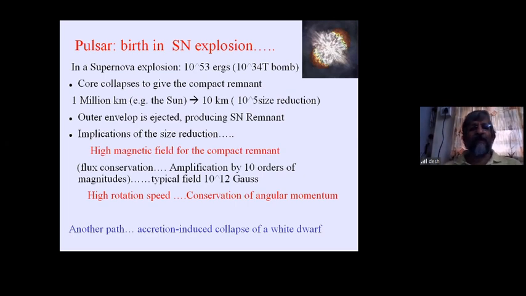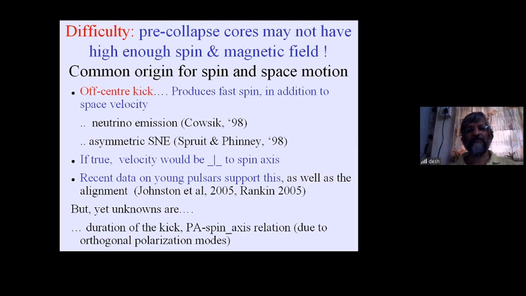Although one later realized that this is not so easy, because the original spins before the explosion and the magnetic fields of the pre-explosion configurations may not be as high as believed. As far as spin is concerned, one needed to explain now how pulsars can be born with such a high spin rate. There was also another problem